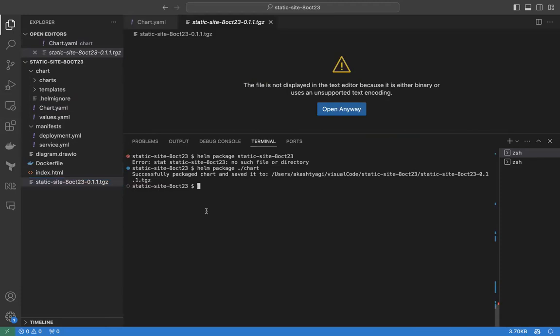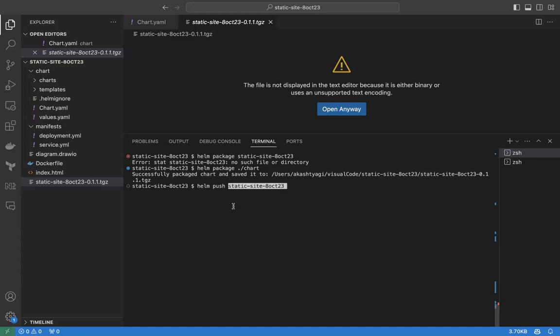So here again, the same concept of the registry comes, because I want to share it with the people. The same way I have published the image, the same way I can publish my Helm chart. And Docker Hub provides a way to publish the Helm chart as well. So to publish it, first of all, you have to say Helm login. When you say Helm login, it will ask for username and password. Put the username and password of your Docker Hub, the same username and password you give for Docker login, the same username and password you provide for Helm login. So once you do that, Helm will log in into that container registry, and then you can say Helm push